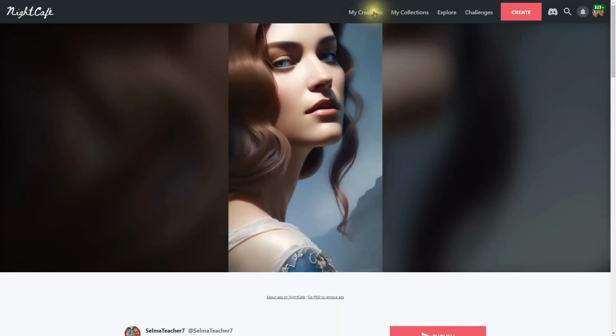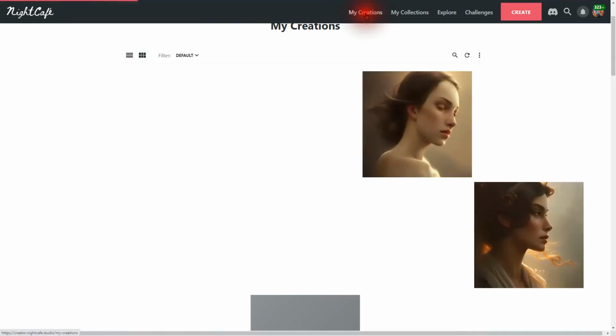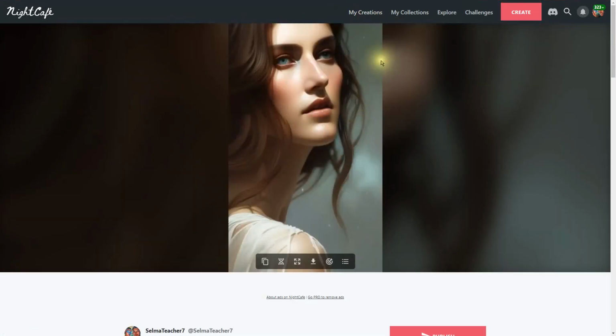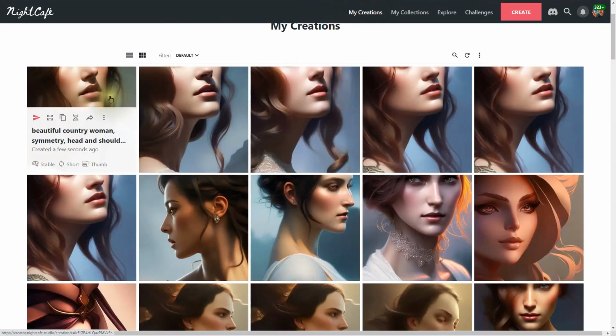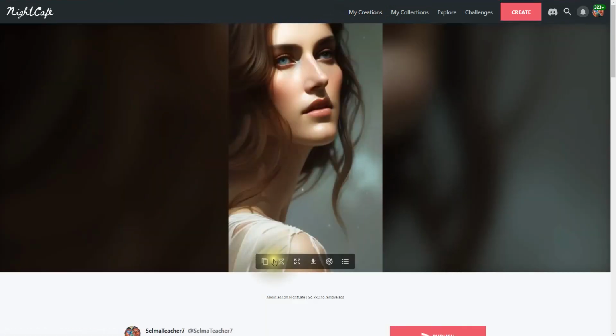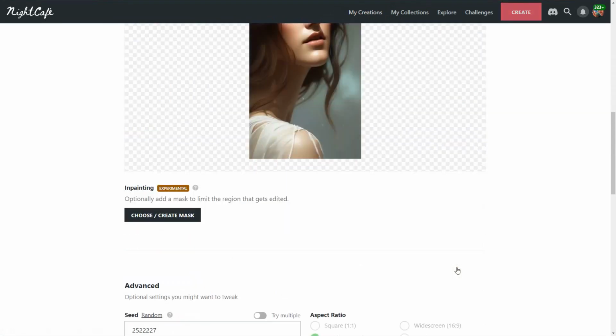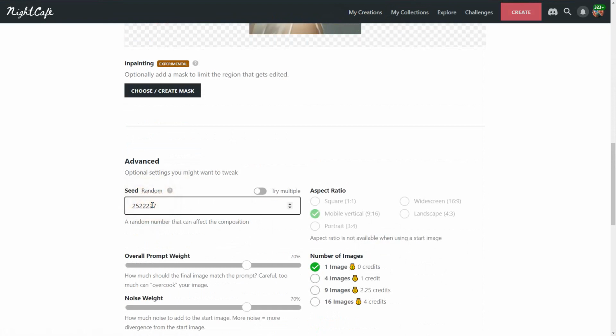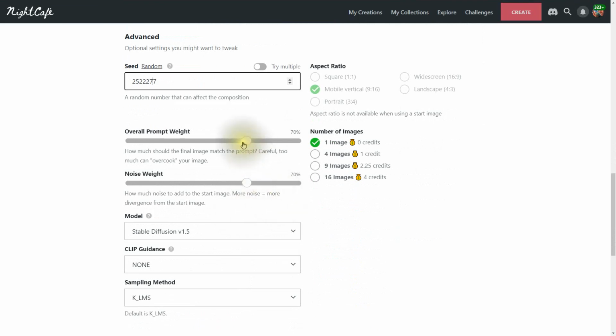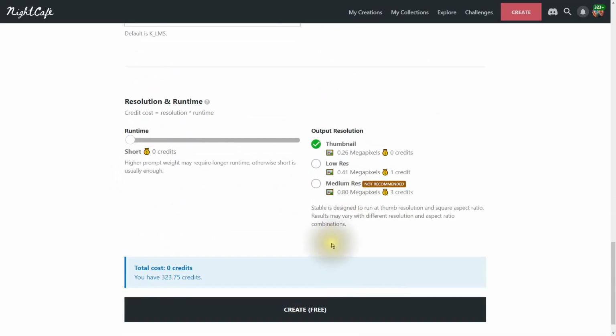Now we can see more changes between these two, right? Very similar though. Alright, so let's go in, let's evolve this, and I'm going to change that number again. I'm going to change the prompt weight, allow for more changes with the noise. So I reduced the overall prompt weight down to 60, and I increased the noise. The noise, remember, allows me to make those differences in the image. Let's go create.